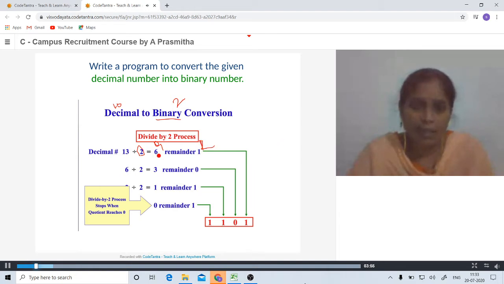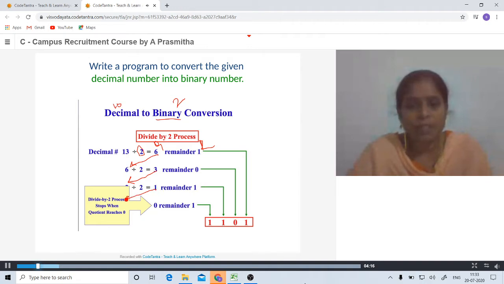Again we take this quotient as the next number, divide it by 2, and we get 3 as the quotient and 0 as the remainder. Again 3 is taken as the next number, 3 divided by 2 gives quotient 1 and remainder 1.